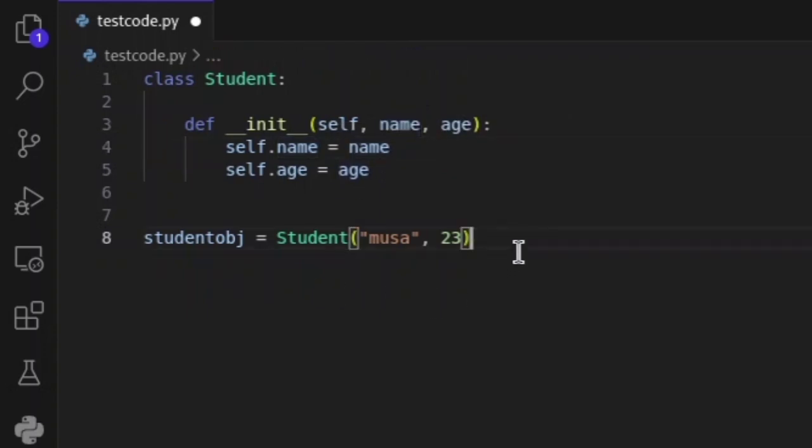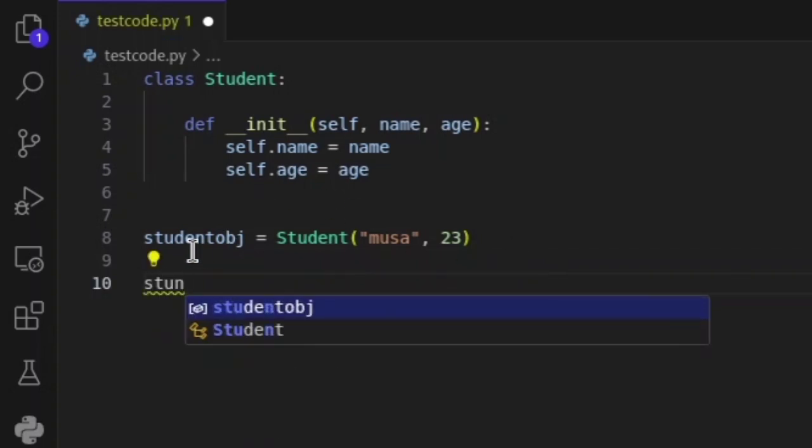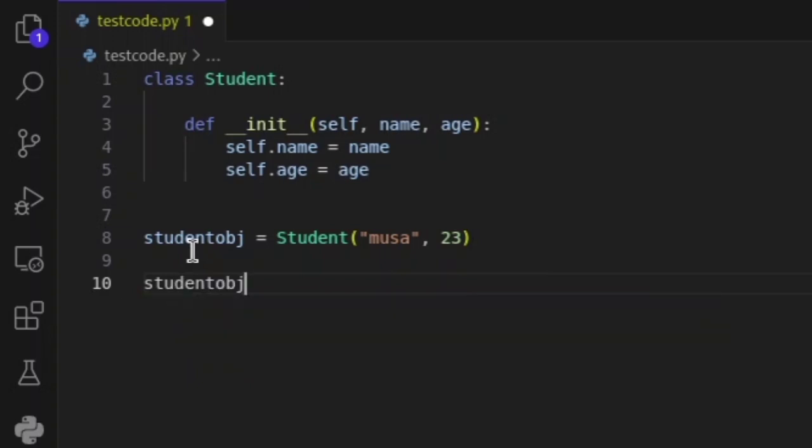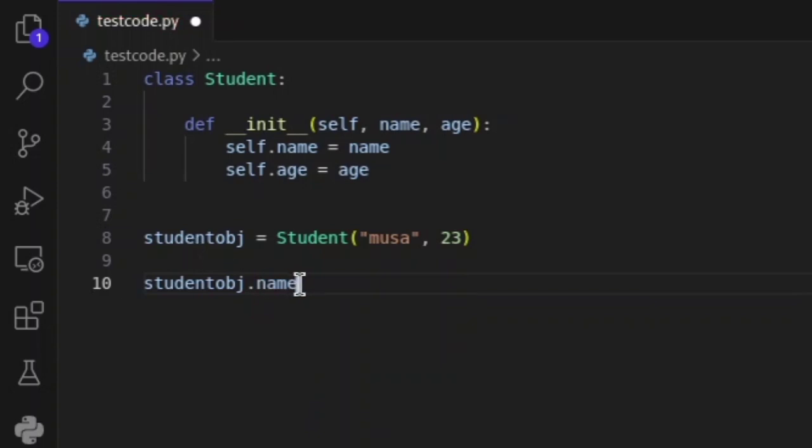So let me show you what I meant. If I say student object, that means this object. Then I said dot name. So as you can see, this student object dot name is the same thing as this in my code,